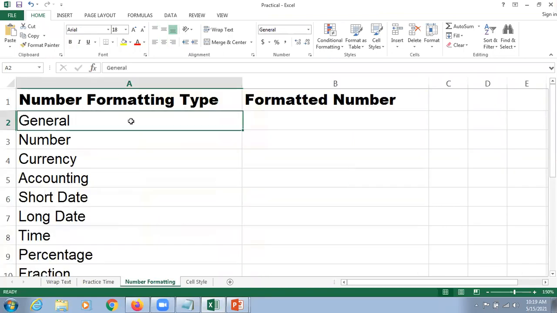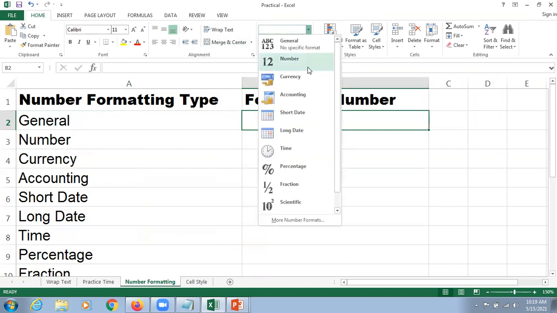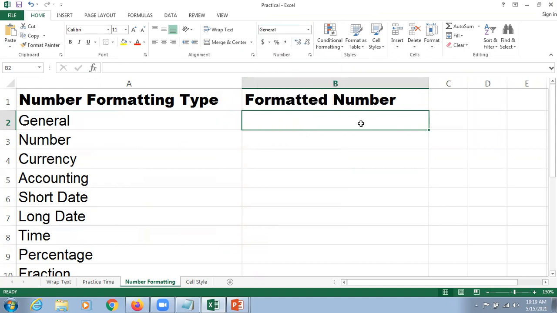Now, this is for you all: by default, this is General. Kindly consider it as options. We just click here and all the options will be available here, and one by one we can do it. First of all, by default, it says, yes, I am General itself. So we can simply type any number here, no issues, and hit Enter or move towards Excel. It says I am okay.